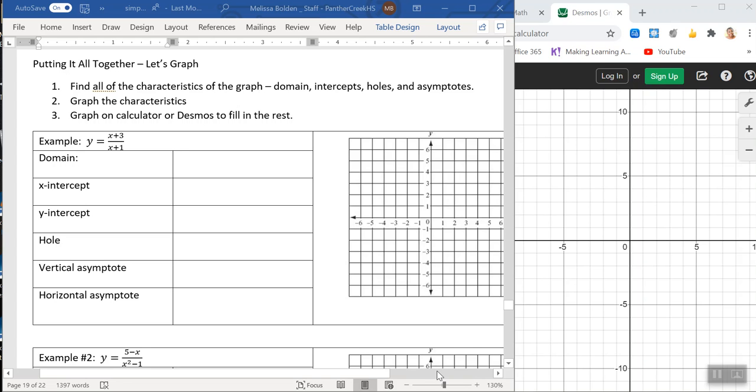Okay, boys and girls, in this video, we're going to look at graphing rational functions. We're going to identify the important parts of the function, graph them, and then graph on the Desmos to fill in the rest of it. So here's some things that we need to remember. To find the domain of a function, we set the denominator not equal to 0. So the domain of this first function is going to be x plus 1 is not equal to